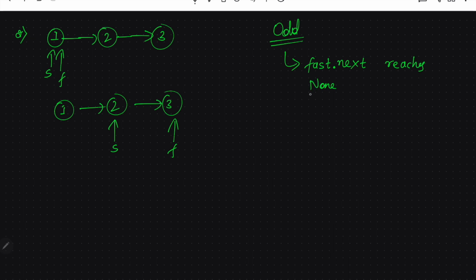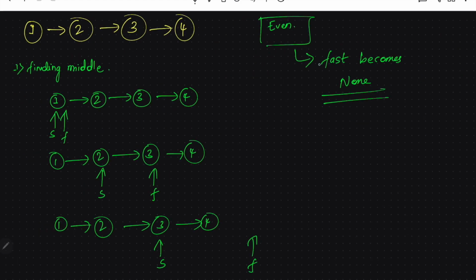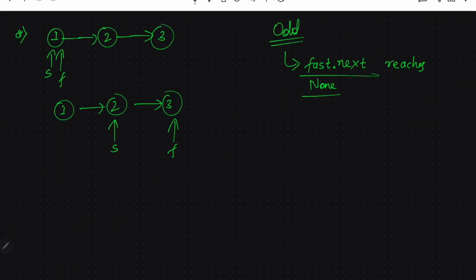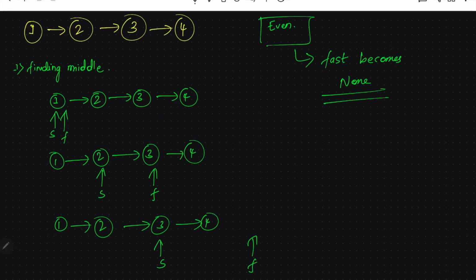So that is how to decide the middle of the linked list. Once we have the middle, we have to split that list into 2 parts. How are we going to split it up? In order to split the list, we have to take care of 2 things. One is when we split the node,